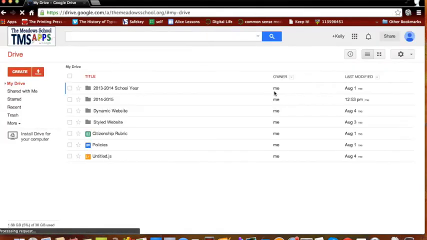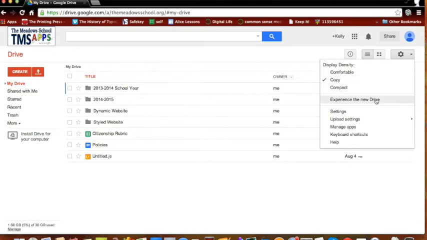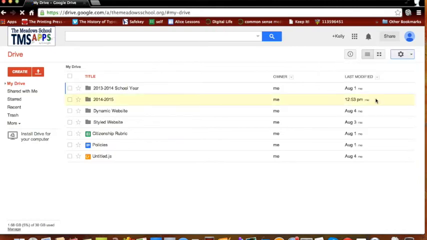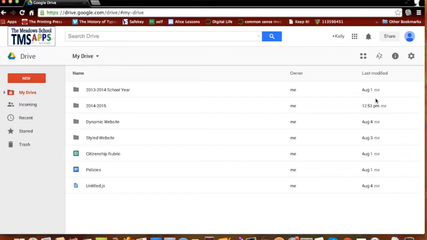And here we have a space that's going to provide a list of folders that you create for computers class, and if you'd like, you can save your class folders such as science, history, English, etc. And what we want to do first is go over to the settings gear and let's click on the Experience New Drive option. Why? Because it's the latest and greatest user experience that Google is providing for us,